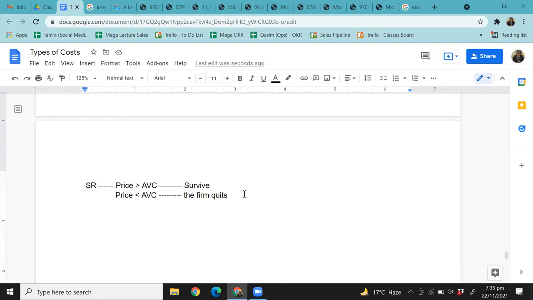Similarly, let me give you another example. If a phone manufacturing company sells the phone for 20,000 rupees, and just the components that go into manufacturing that phone cost 25,000 or 23,000 rupees, now the variable cost is higher than the price, and you can never expect to become profitable even in the longer run. So it doesn't make sense. It's not like you will start producing more output and you will be able to cover your cost. No, your price is too low to even cover your variable cost at this point in time. No firm